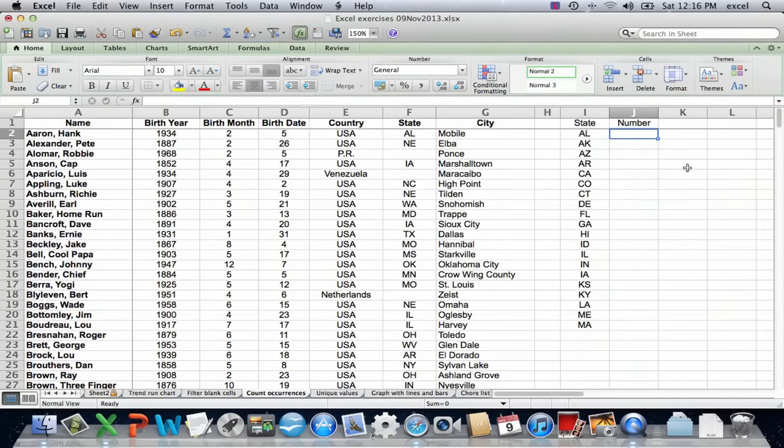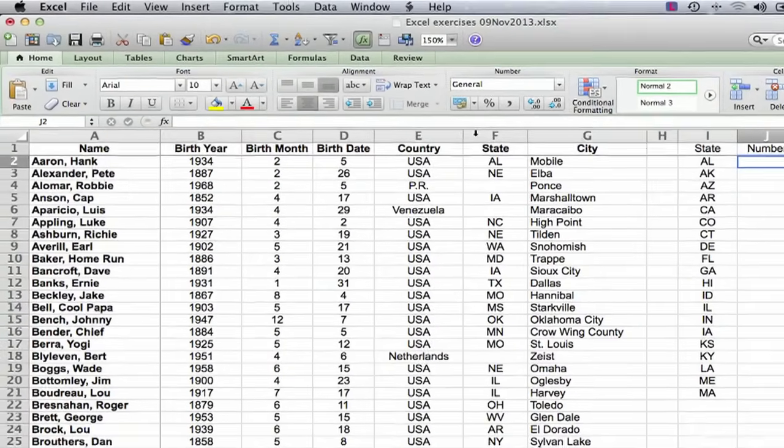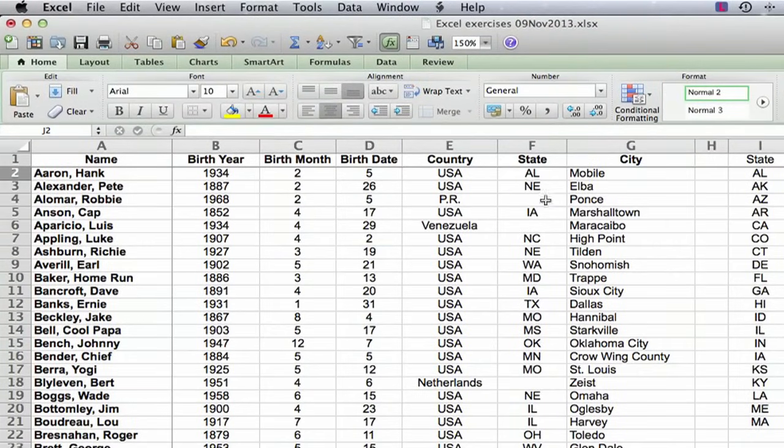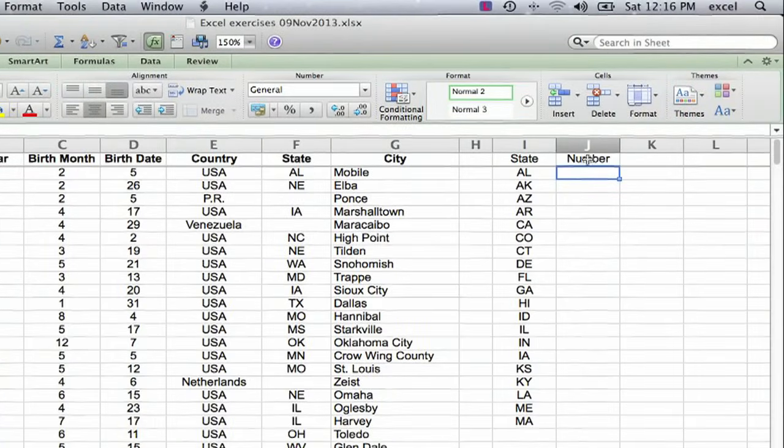to demonstrate this on. And what I want to do is show the number of players from each state. So column F, as you can see, has the state with the two-letter code. Some of them aren't listed because they weren't born in the U.S. But what we want to use to do this is the COUNTIF function. So I've got a column started over here, and I've just got a few of the states listed here just